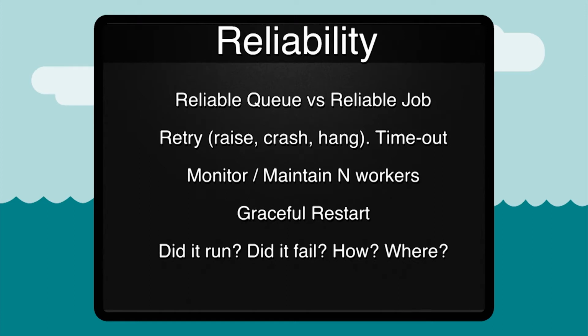And we want a graceful restart. If it's time we deploy code multiple times a day, we deploy new code, we want our Unicorn workers to bounce. We want our background job workers to bounce too and pick up that new code, right? But you don't want to interrupt a job that's running. So you need to tell the workers to finish the job you're doing and then shut down